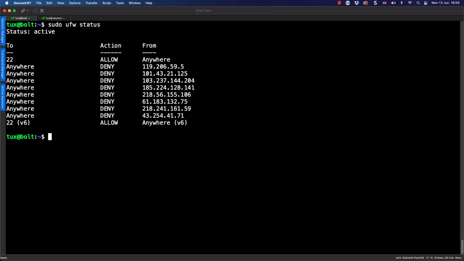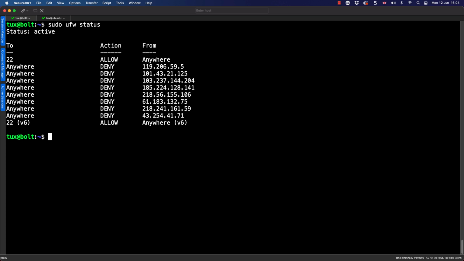To help our journey, our Pixel Playground is going to be made up of two Ubuntu systems that I've set up in AWS. This first system that I've connected to, I've named Bolt. It's here showing us the uncomplicated firewall, or UFW as it's known in Ubuntu. The IP addresses, though, we don't want to have to go and add in because we've got to check our logs and be able to then go through and work out which IP addresses should be added in.